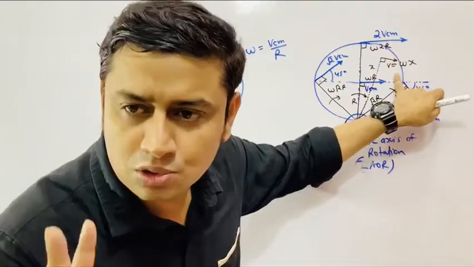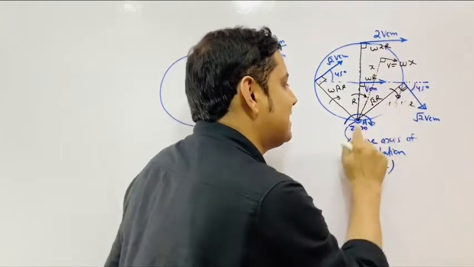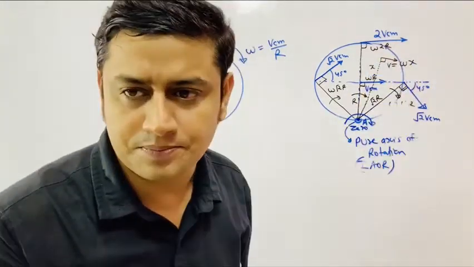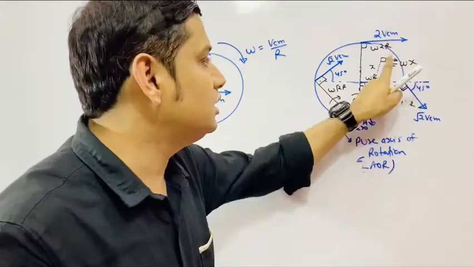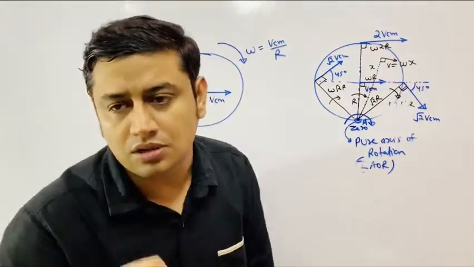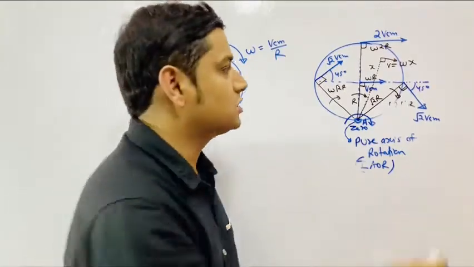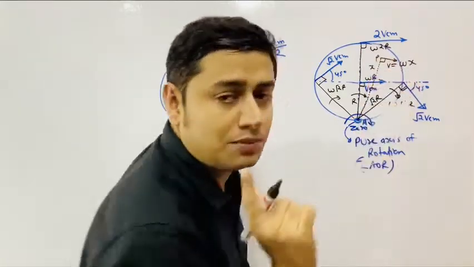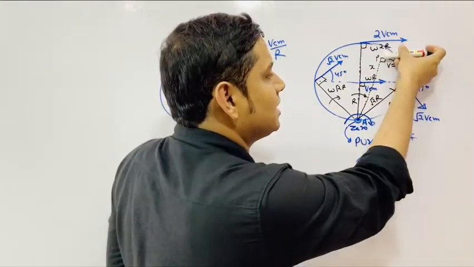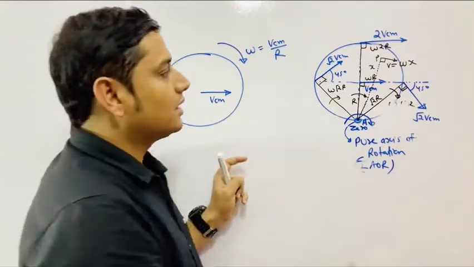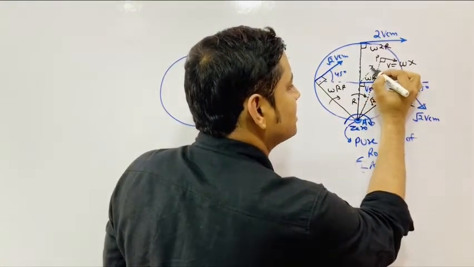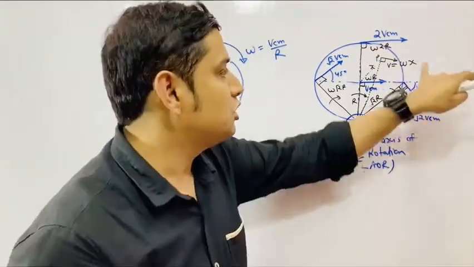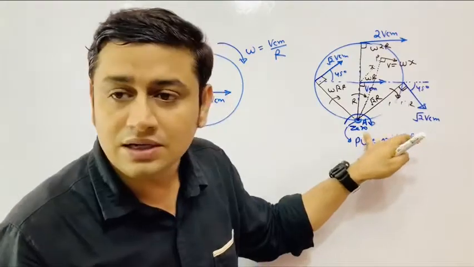You can obtain it in two ways. One, directly from this axis. If you know the instantaneous axis of rotation, you can directly get it in one step. And if you do not know this, then you would get the same by vector addition of two components. To get the speed of this point P, you have two methods. First, get VCM, which you know. Then get omega into y, circular, where y is the distance from here. Take their vector sum, and you would get the same value. But here you are getting it in one step.